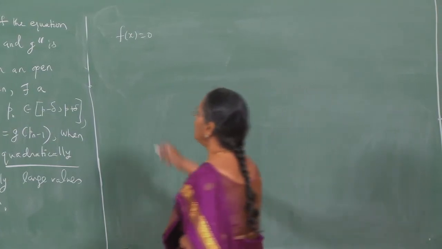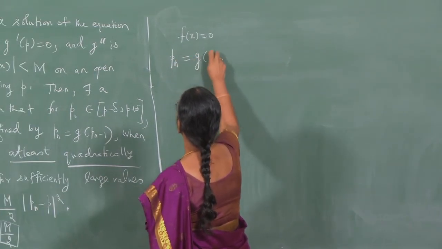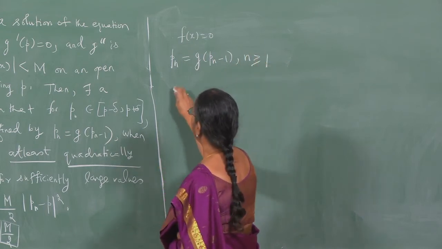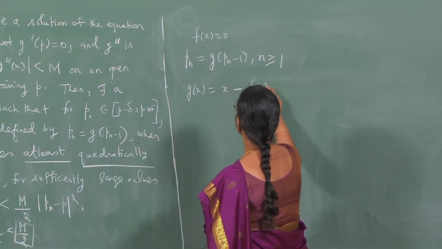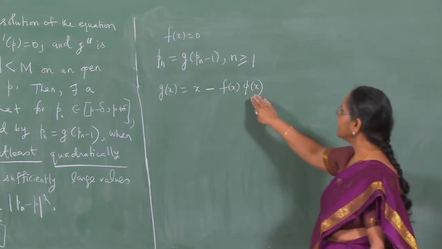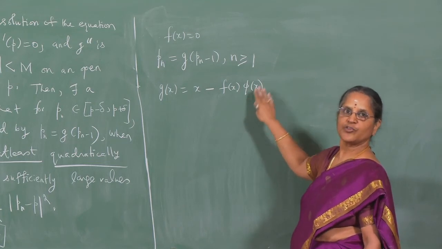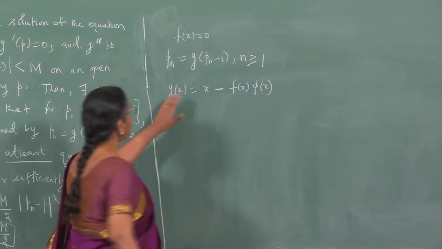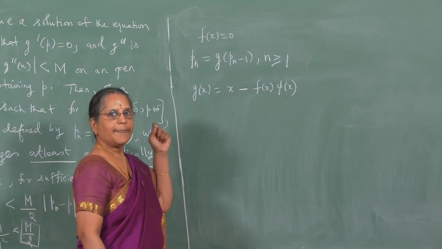So, that if you consider the sequence of iterates generated by p n is equal to g of p n minus 1 for n greater than or equal to 1 with g of x given by x minus f of x into a function phi of x, where phi of x is an unknown function, it is a differentiable function that has to be determined such that the method g of x is equal to x